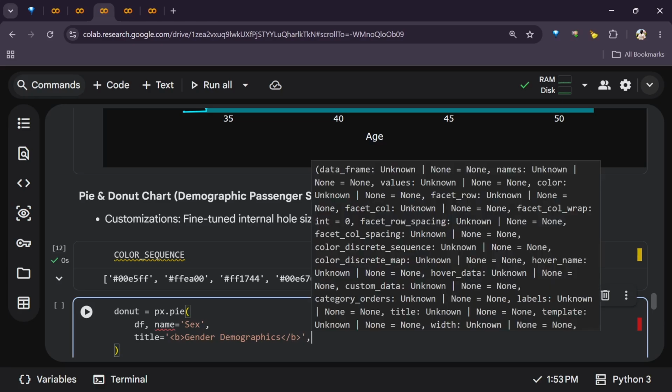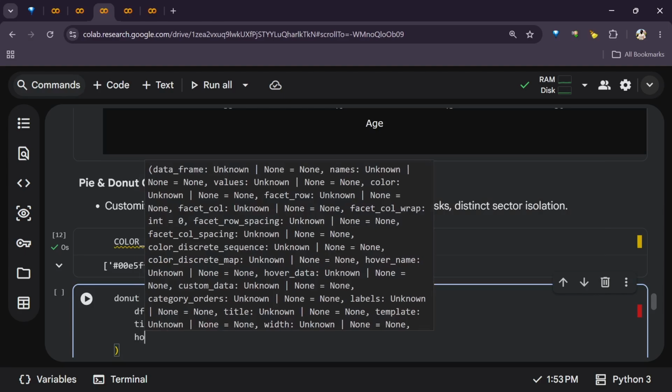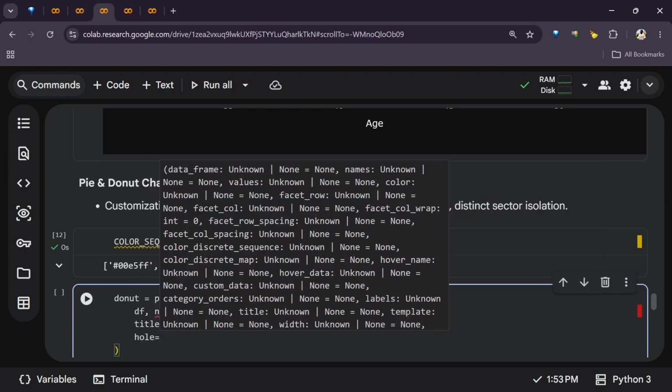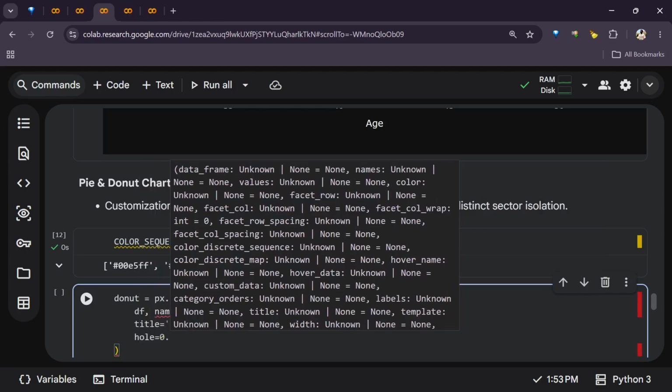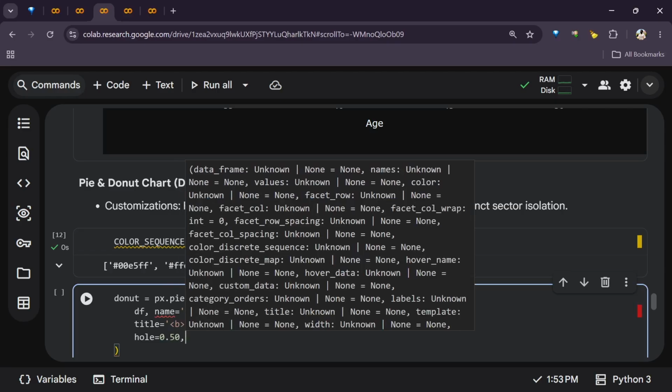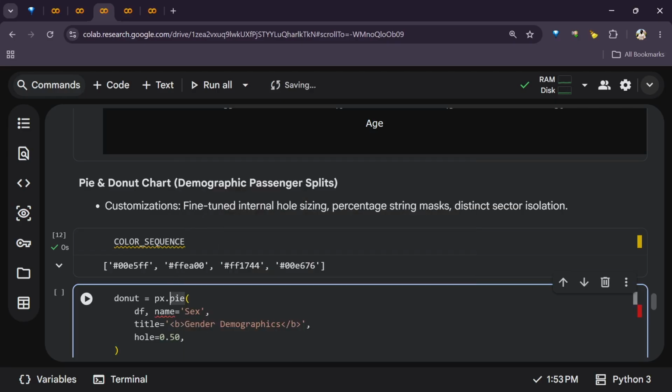So we want to pass in hole. So say hole should be 0.50, because we want it as a donut, right? Do not forget that we're using pie, so we want a donut version of it. So we can pass in hole. And yes, we can pass in our color